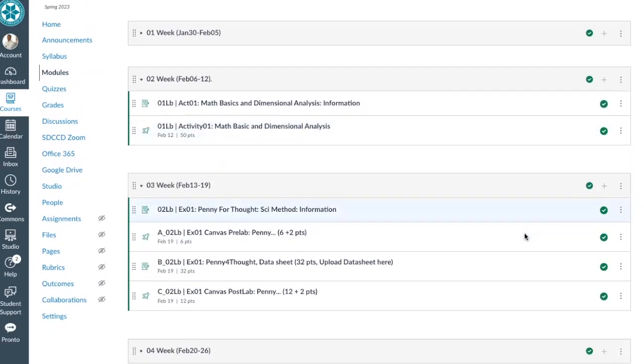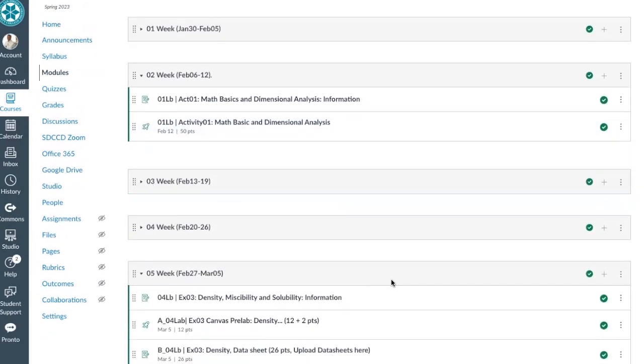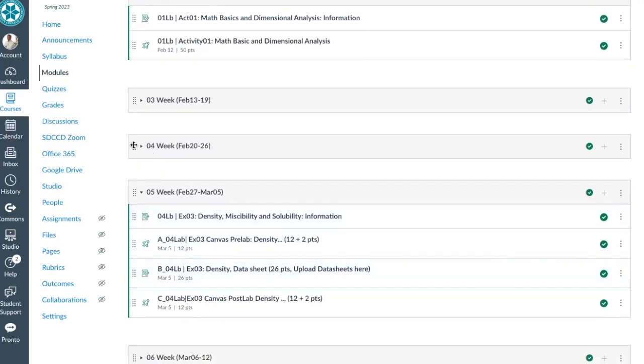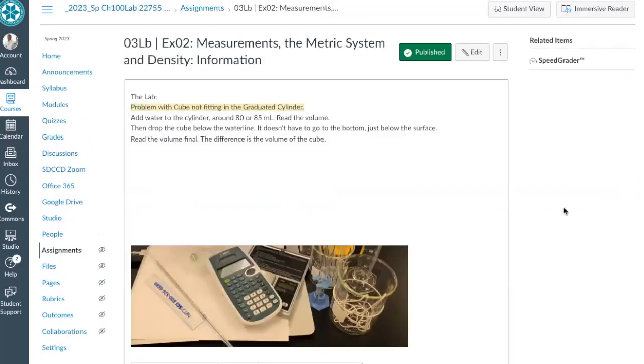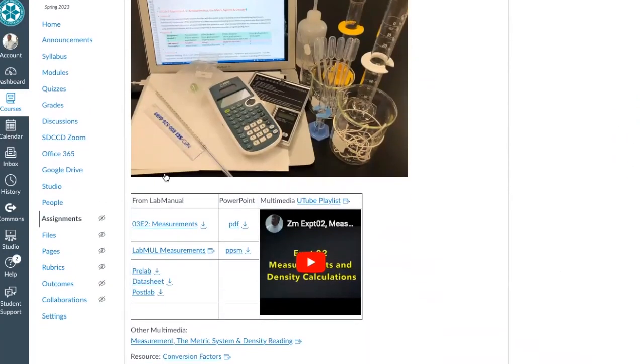The reason why we want to do experiment number 2 is because experiment number 2 is the most important experiment in this course. It's your SLO, it's your lab practical. So if you take a look at experiment number 2, different from an activity, you click on the information as well. That'll give you the resource you need, the experiment